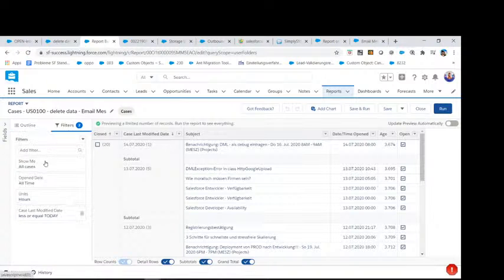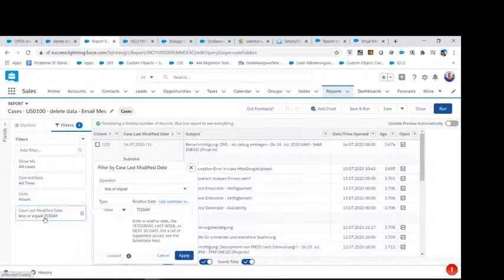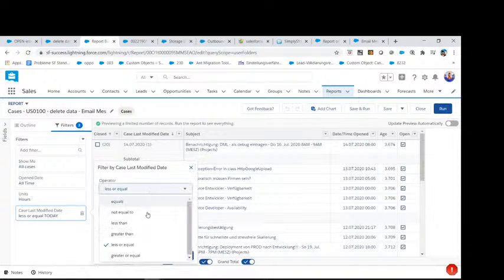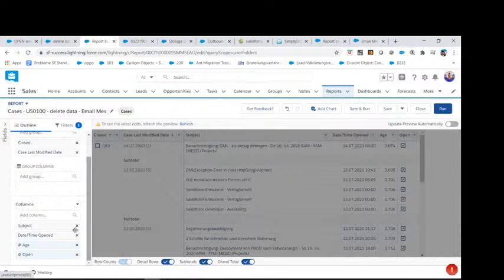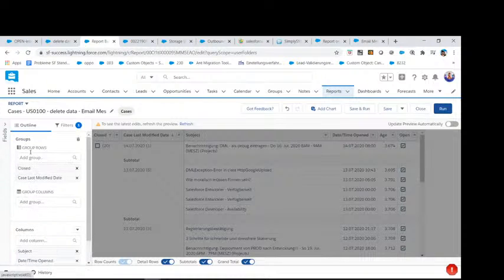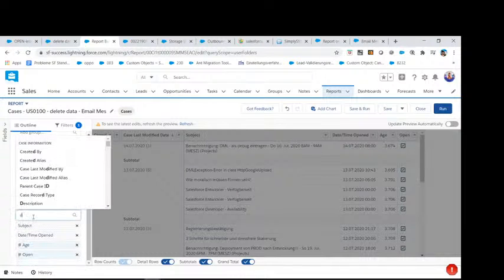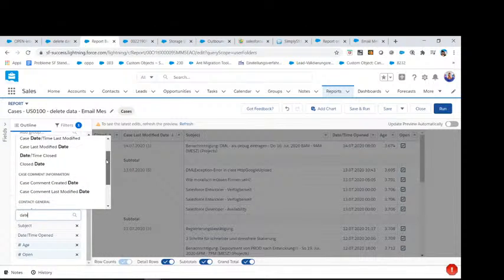we will filter all cases of all time. So we're going to put everything out. We have no filters in there. We have some data in there, but we need the age, the date, time. Yeah, date time open maybe. Let's say we go for another date: open date, case date, last modified date for sure, but the closed date, case.